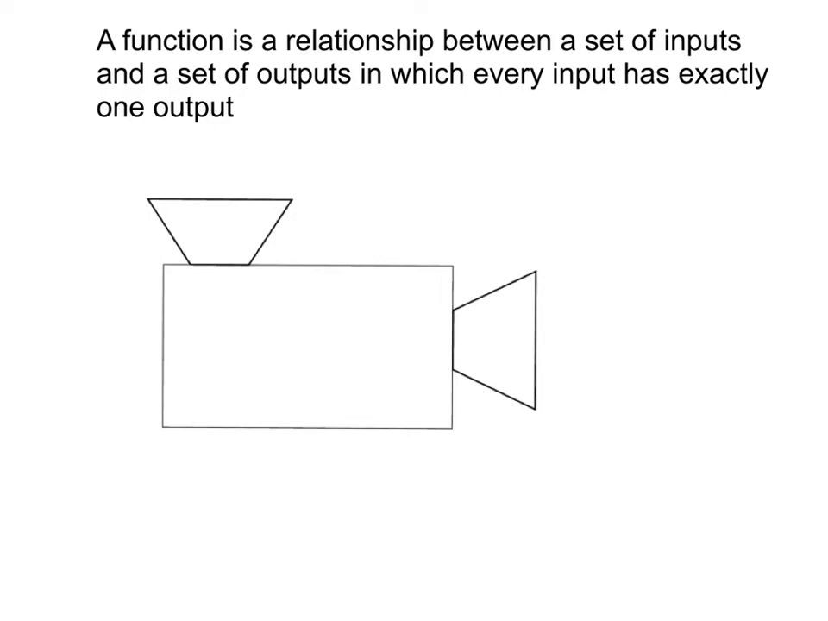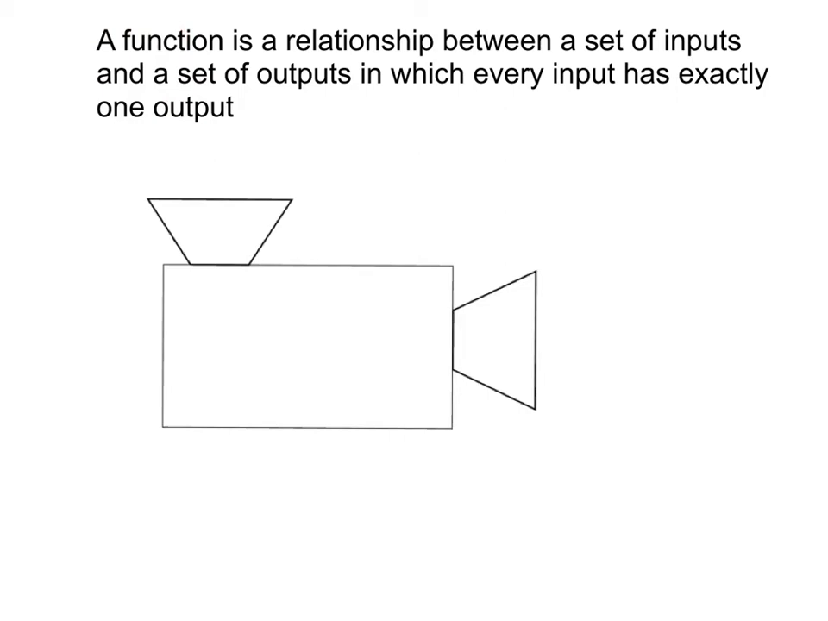Here's our definition of a function. A function is a relationship between a set of inputs and a set of outputs in which every input has exactly one output. It's a relationship between a set of inputs and a set of outputs in which every input has exactly one output. It's a hard definition to understand,